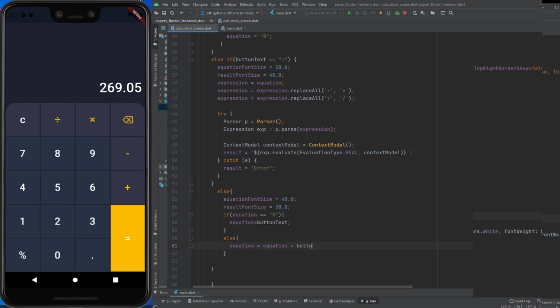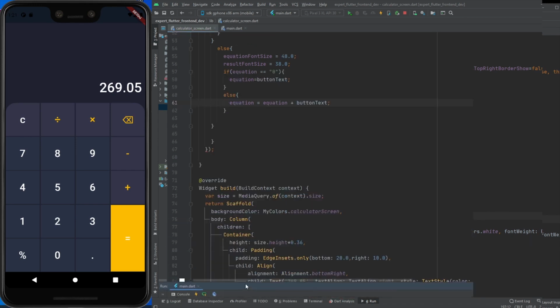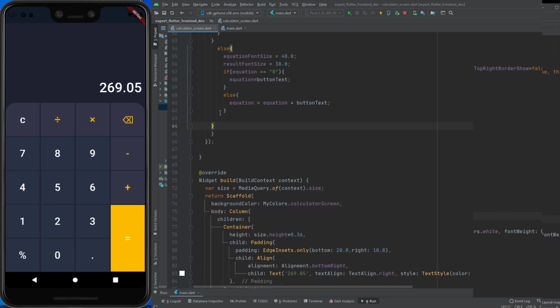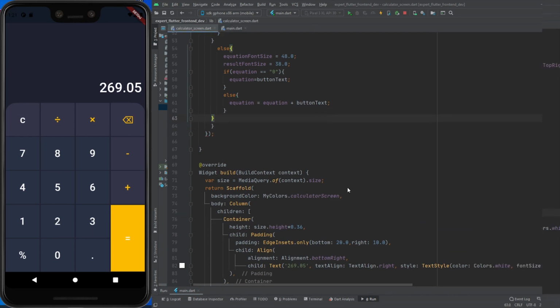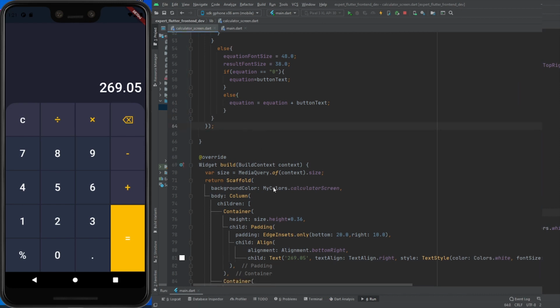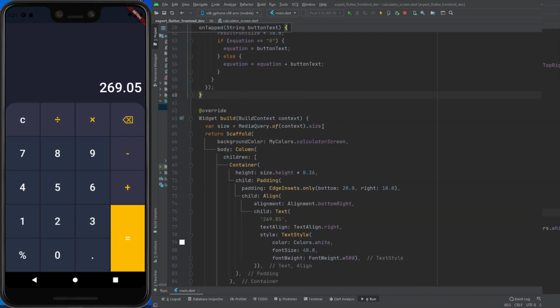And if equation is not equal to 0, then the button text will be added to the equation. Like if I click on the 2, then I again click on the 3, so 2 3 5 4. This is the actual way.